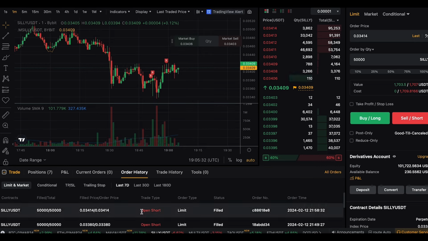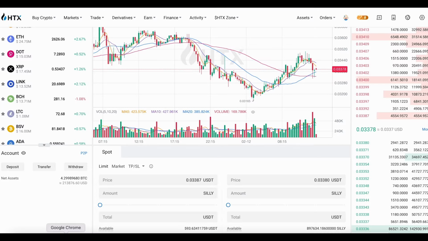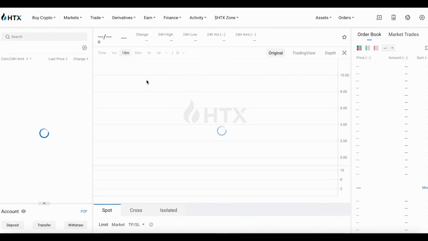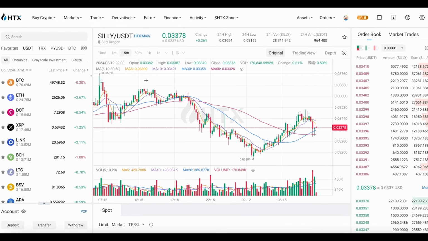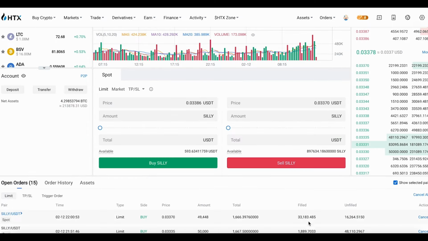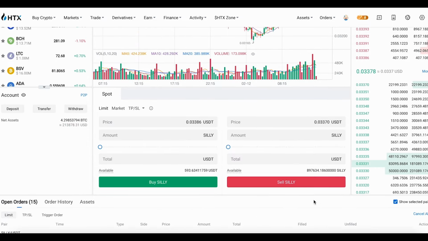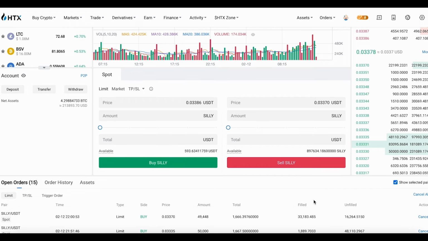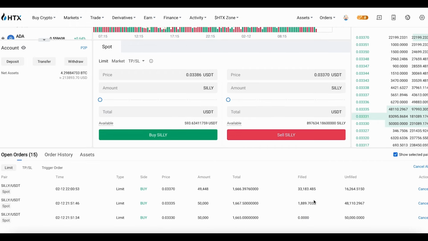Here, on the contrary, we are waiting for the minute schedule. Oh, everything is fine. It's slowly going my way. Yes, 33183 closed, a little bit left, and we will close 100K in tokens,